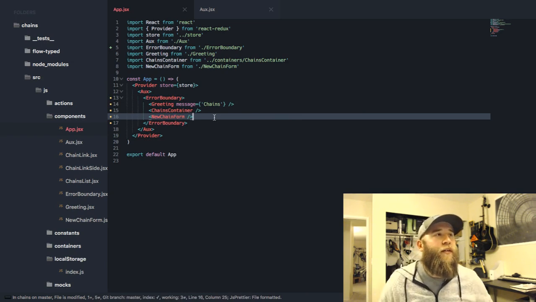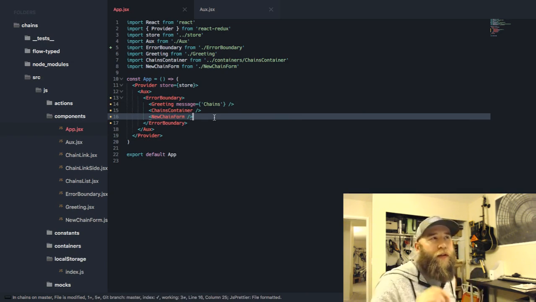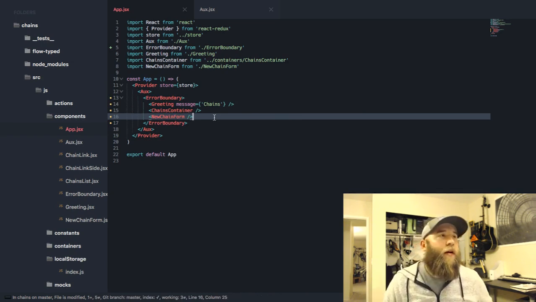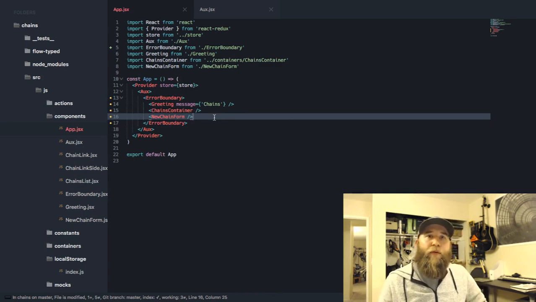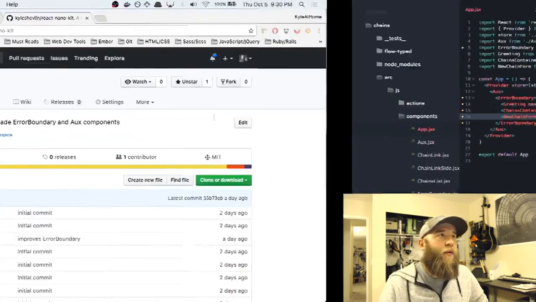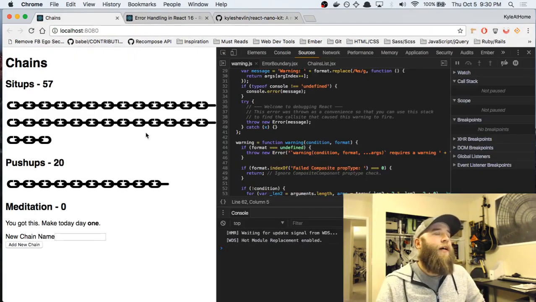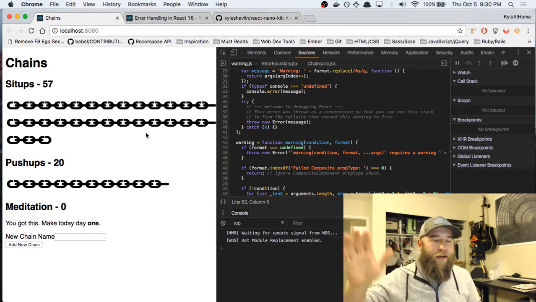So last night I started a little bit on working on the new chain form. To give you newcomers some insight into what I'm trying to build, I'm trying to build an app for basically myself and my wife, and I suppose at some point later,